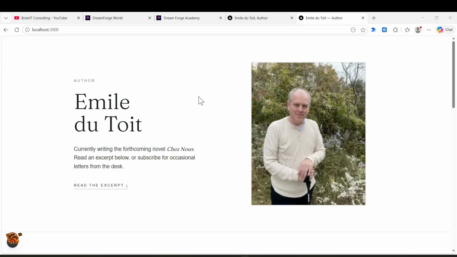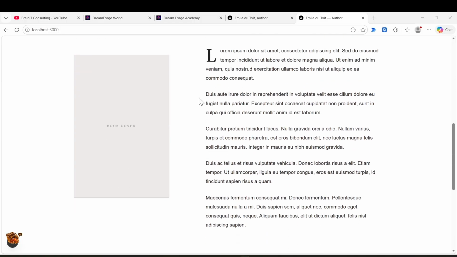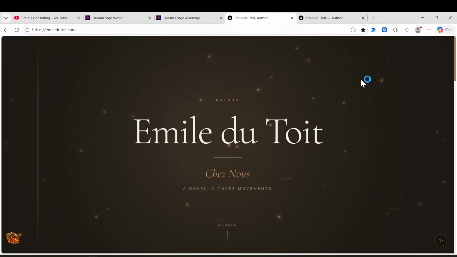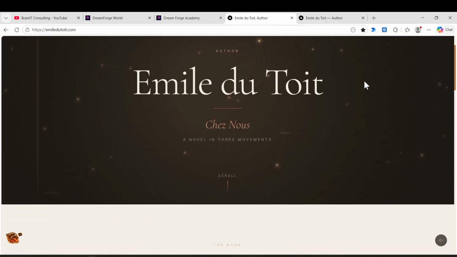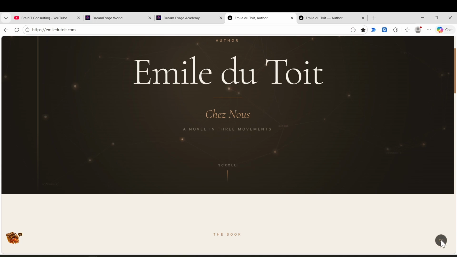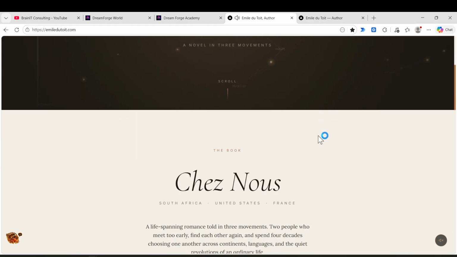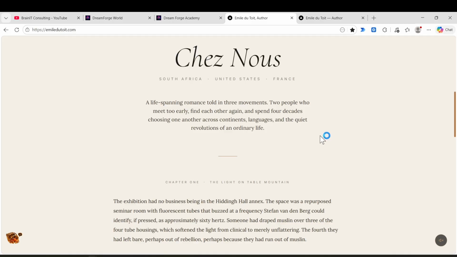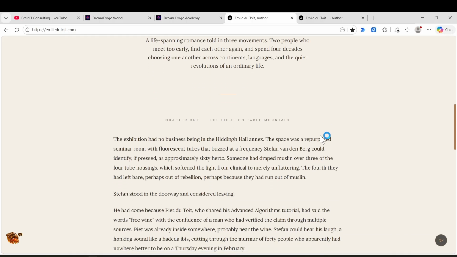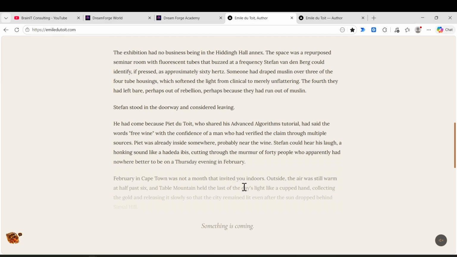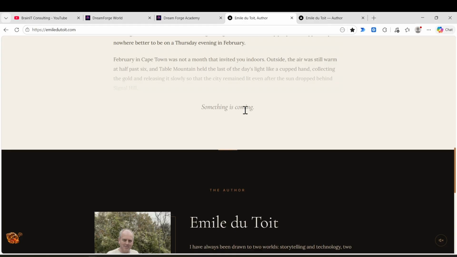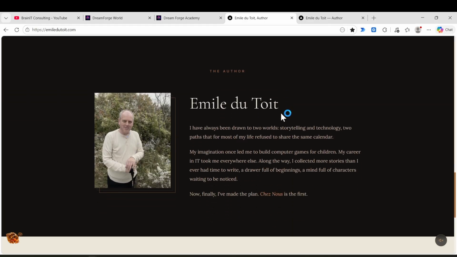So this was the mock-up that we sort of built together so far. And this is my actual one at emieldeTooi.com. I even added a bit of music. There's my book. By the way, I'm really writing this book. So if you are interested in reading it, sign up for real. And then I asked him to make it fade to give sort of an anticipation that something is coming, and a little bit about me.